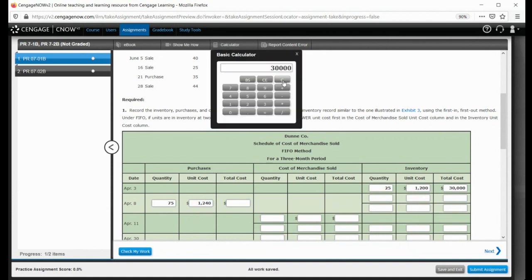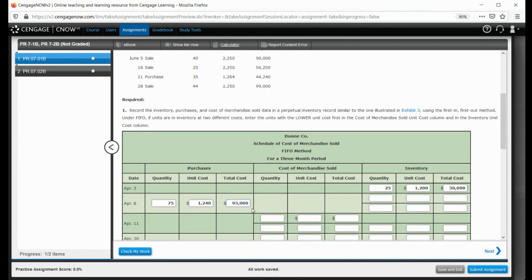$1,240. So the quantity is 75 units times $1,240, and that's going to give you $93,000. That was the total amount of the purchase. Our journal entry would be created where we would debit merchandise inventory for $93,000, and we would credit our accounts payable for